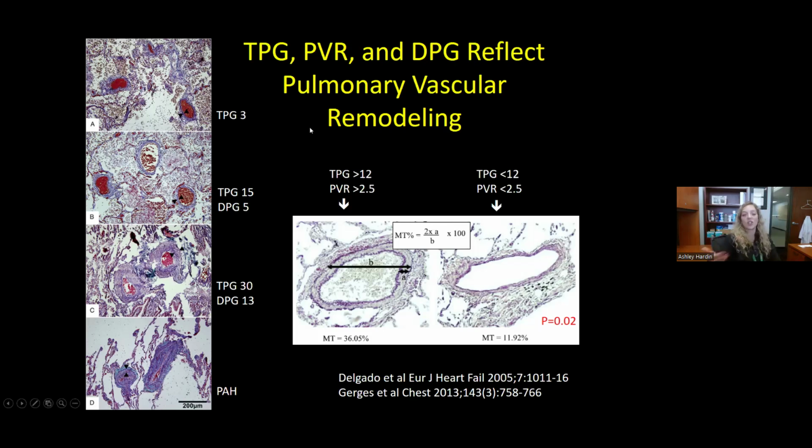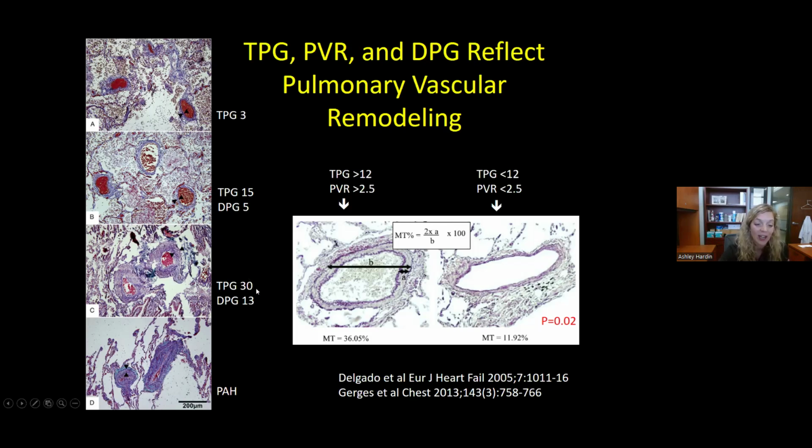But we know that these actually do reflect underlying pulmonary vascular remodeling. So you can see in the tissue sections on the left-hand column here, the transpulmonary gradient is low, 3, and you have nice thin pulmonary arteries. In a patient that starts to have upper limits of normal, maybe, or a little bit high transpulmonary gradient, the